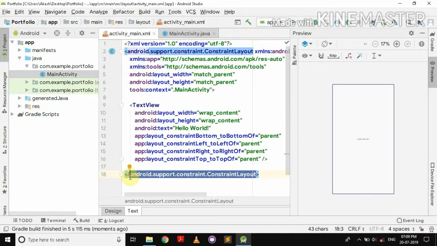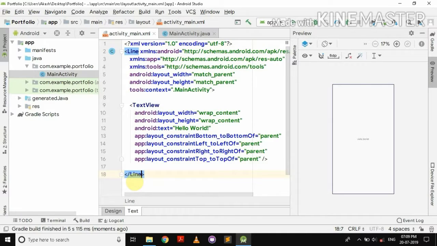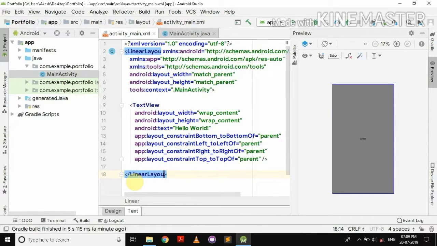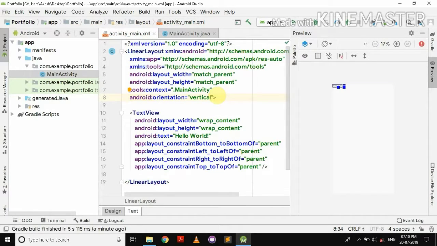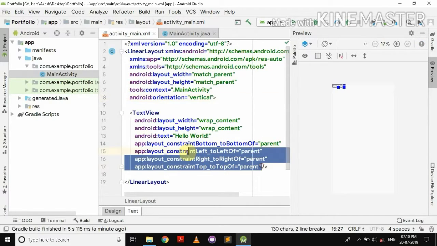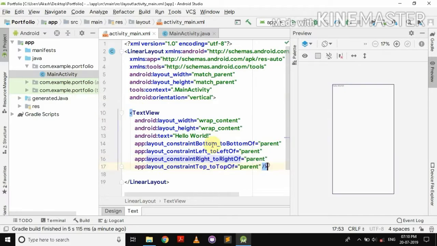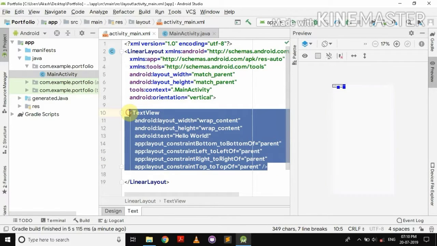Let's change it to the linear layout. And we will provide its orientation. Orientation can be either vertical or horizontal, so we will be having vertical. Let's delete all this stuff